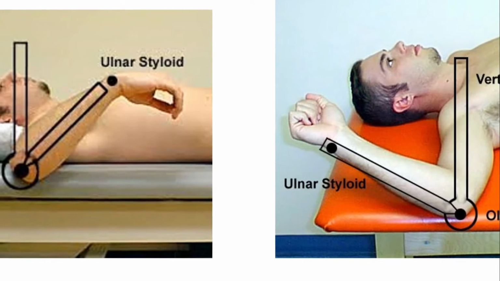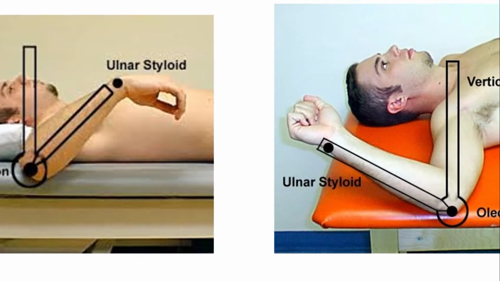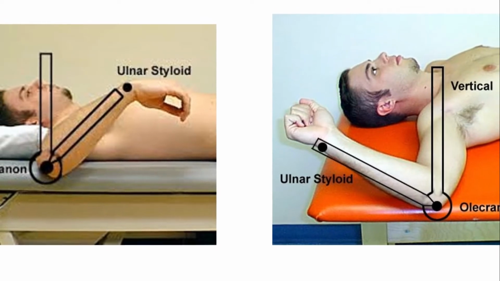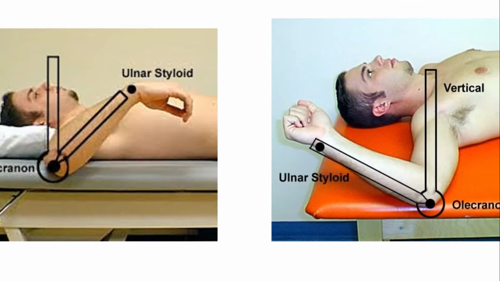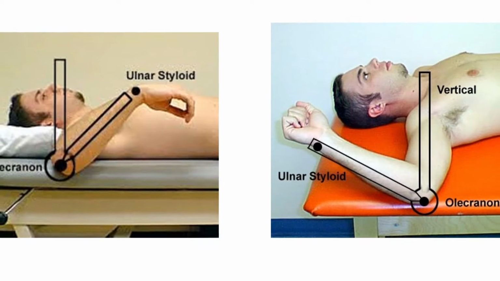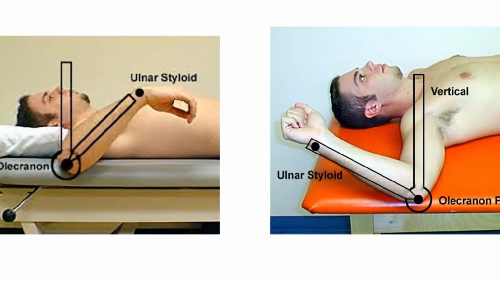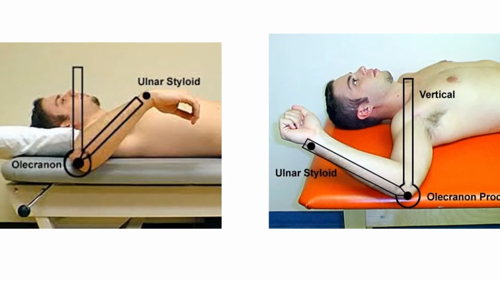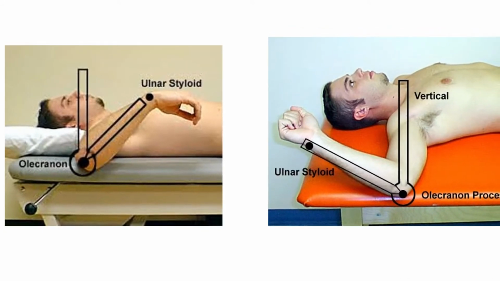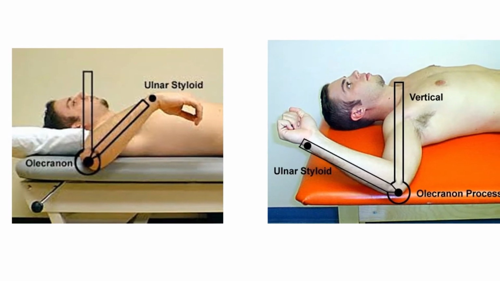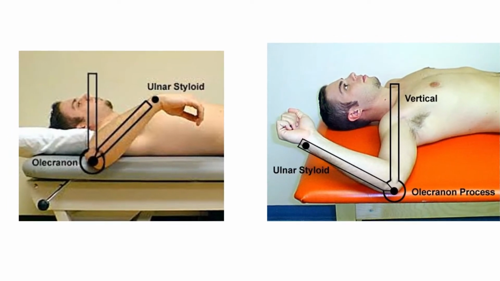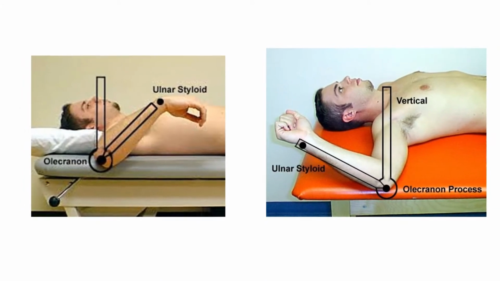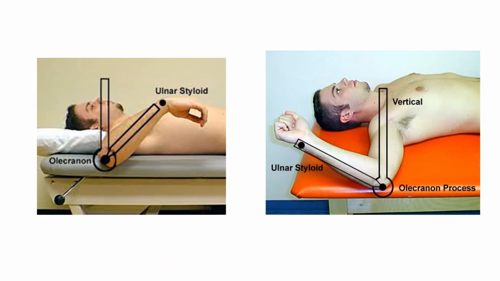To measure range of motion of the elbow, the goniometer alignments are: central fulcrum of the goniometer over the olecranon process. Align the proximal arm so that it is either perpendicular to or parallel with the floor. Align the distal arm with the ulna using the olecranon process and ulnar styloid for reference.